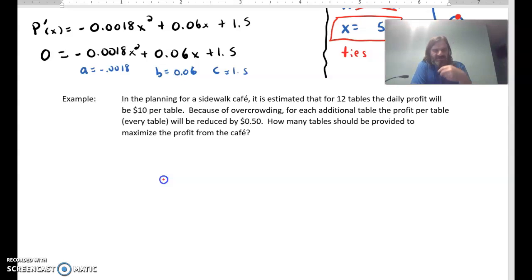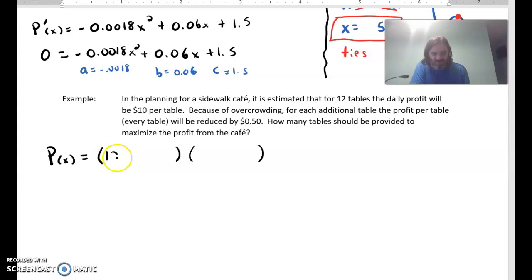Okay, so this is a little bit different than the other ones because in the other ones we had revenue and cost and we calculated the profit function. But in this case, we're already told what the base profit is and we're adjusting it. So let's kind of think about this. It is estimated that 12 tables will have a profit of $10 per table. So if we do like a price and a quantity,